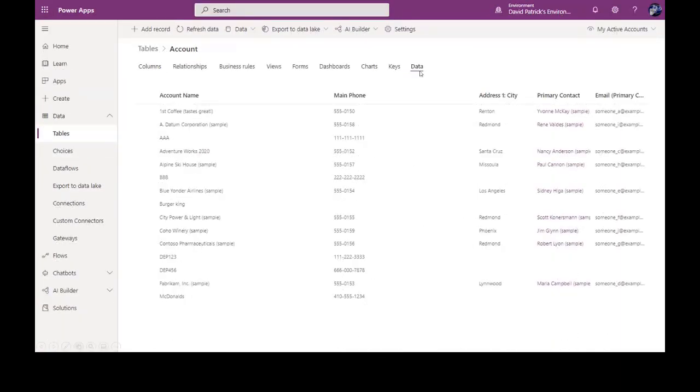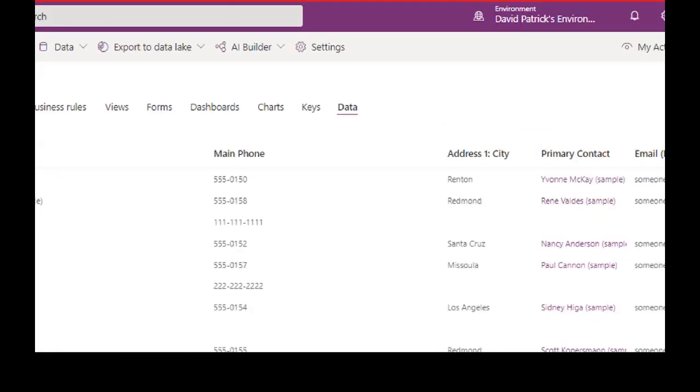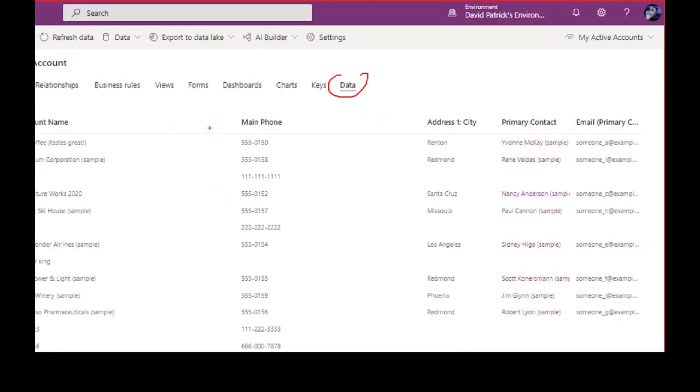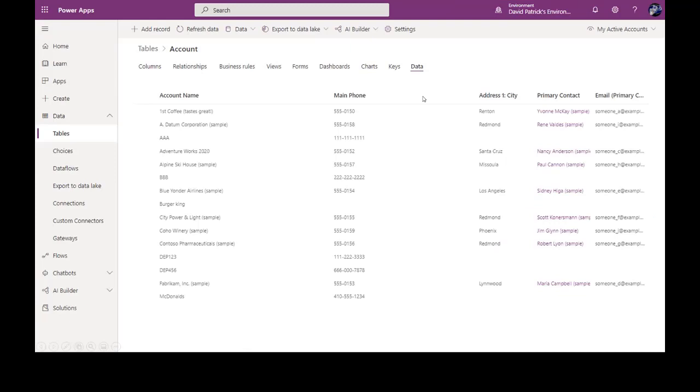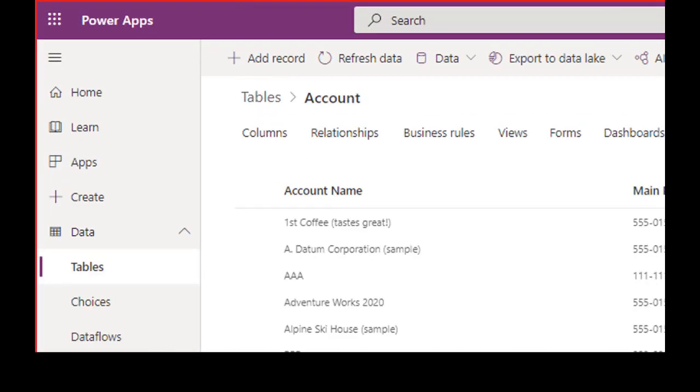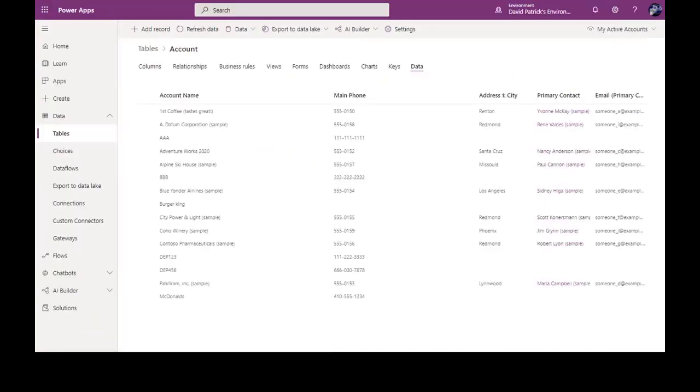And then, of course, the data itself, if you click on that last tab and click on data, that brings up the actual data where you can edit, you can do all the CRUD operations, right? Create, read, update, delete. So I've got account First Coffee, I've got McDonald's down here. If I needed to change something or add a new account, I could just click up here to add record and then add a new entry into this particular table. So it really makes it easy for people who know Excel. This feels really